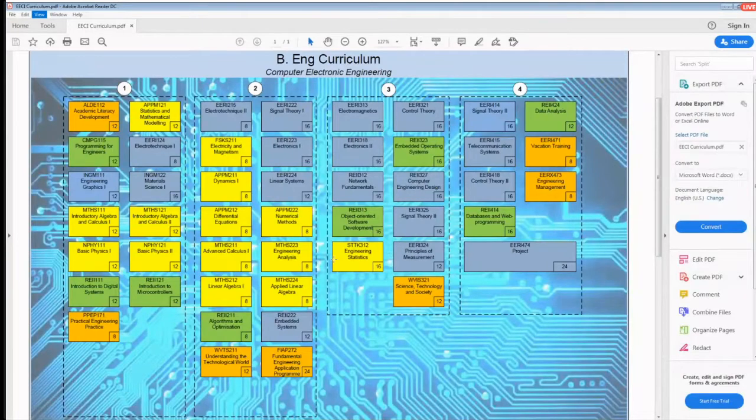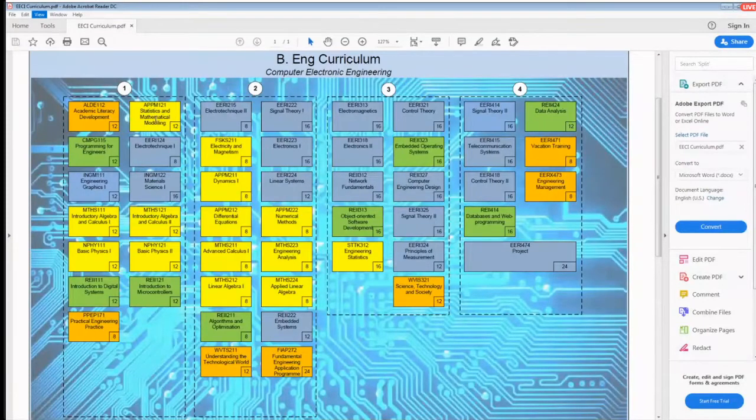Now the blue, that's all the engineering disciplines. The green is all the programming and digital work. So as you can see at the start, we like to enforce your knowledge on mathematics and physics, and we have a program they call academic literacy development skills, where you learn what to learn. There's introductory programming, engineering graphics, introductory algebra and calculus, basic physics, introduction to digital systems, ones and zeros, practical engineering